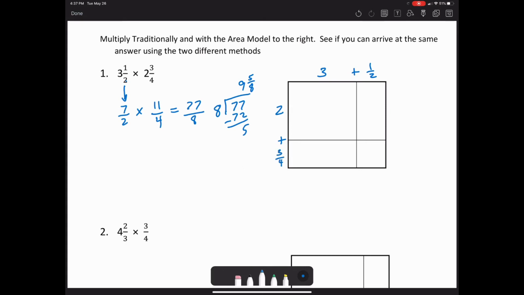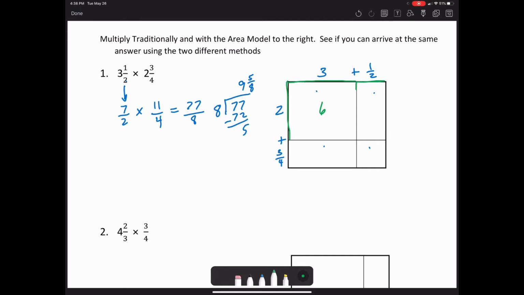And now we have our numbers mapped out, and we're basically going to find the area of these 4 rectangles. So the length and width of the first rectangle, we have 3 times 2, so that's 6. And then we have 1/2